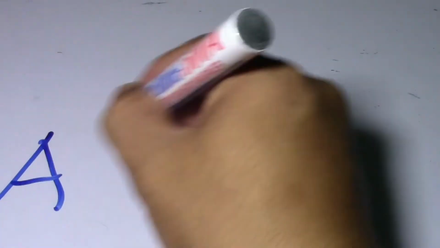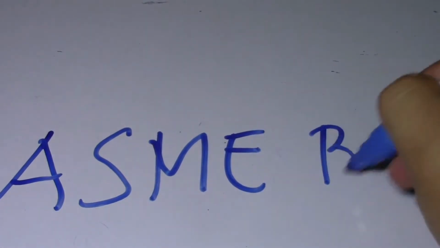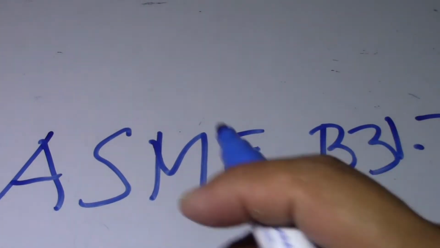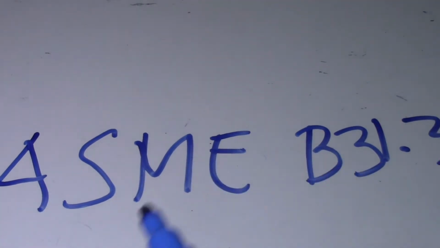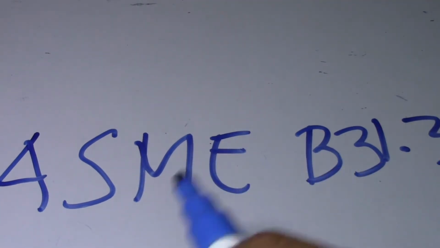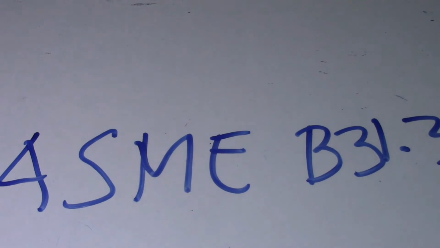So based on ASME B31.3, the pipeline class with material specification. We have different material specifications in the pipeline class based on ASME B31.3. So what is this? For the material specification of the piping class, we have